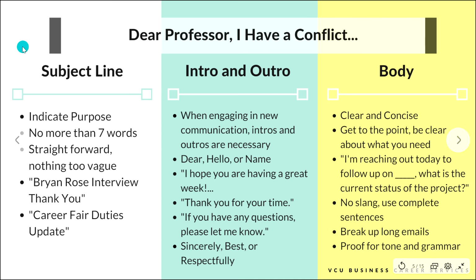All right. So what I want you to do is I'm going to set you up for an actual from-home activity. Picture yourself saying, "Dear Professor, I have a conflict." Using this format, write a subject line, write an intro and outro, and a body on the idea that you cannot make an upcoming test. You have some sort of conflict that you cannot get out of. It might be work, it might be family things, it might be involvement in an organization, you might get kicked out of it if you can't attend an event, something along those lines.